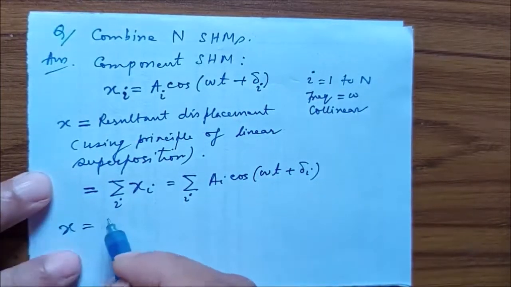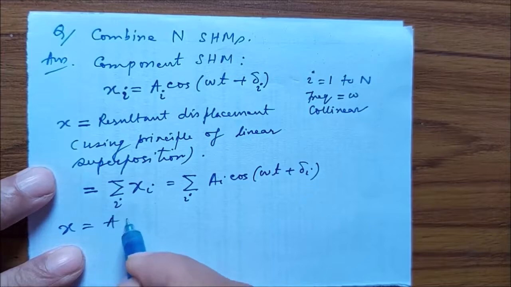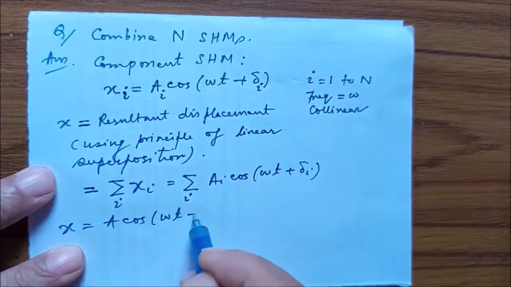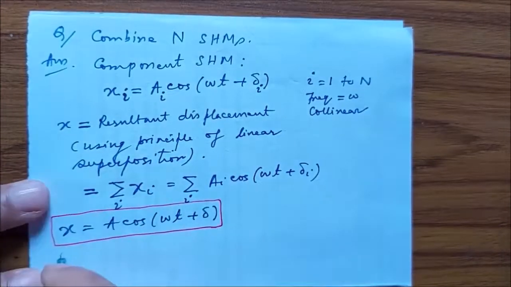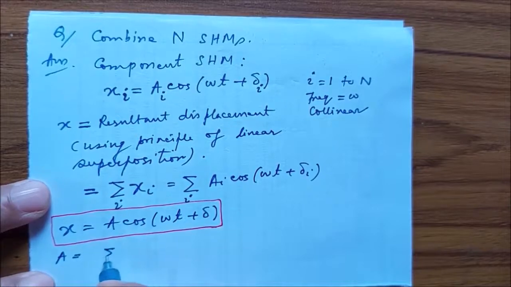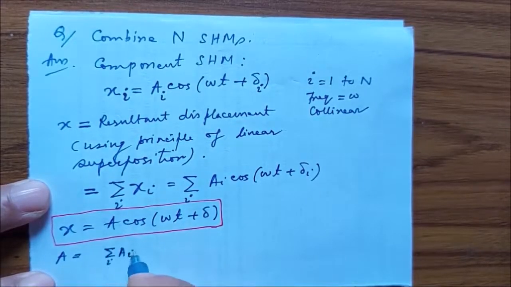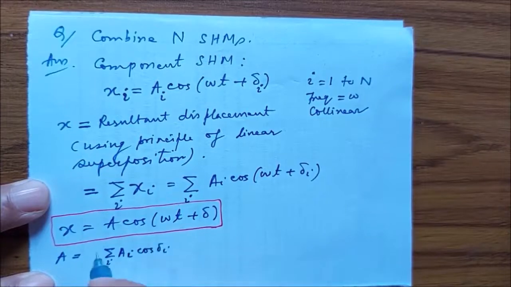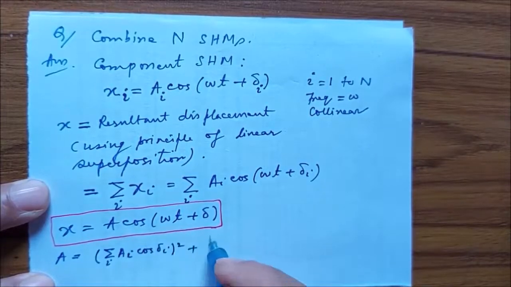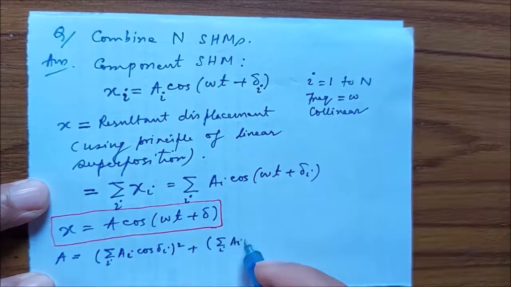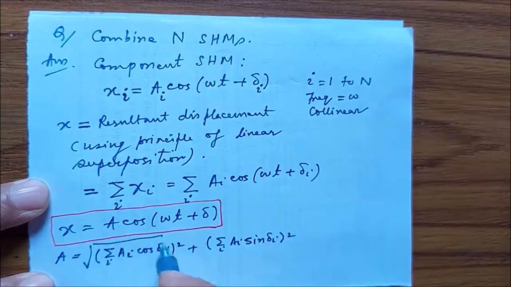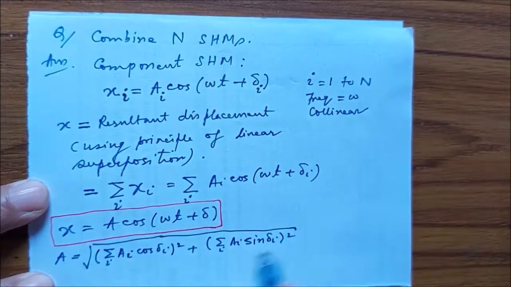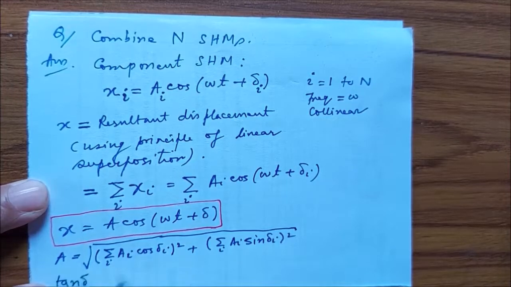So the final or the resultant SHM will have the form, where A is, and this tan delta is given by